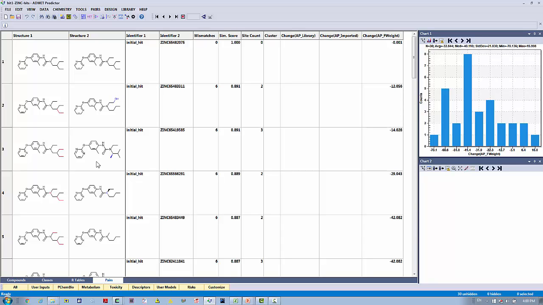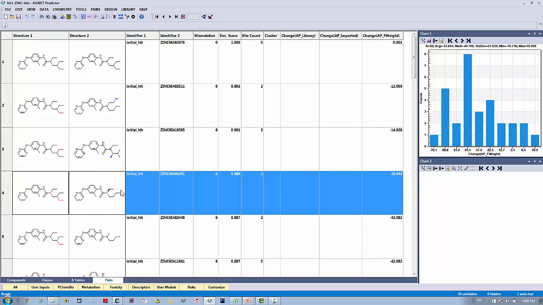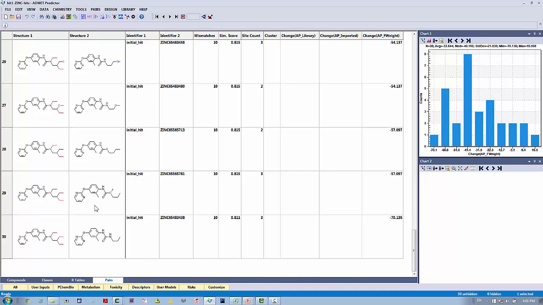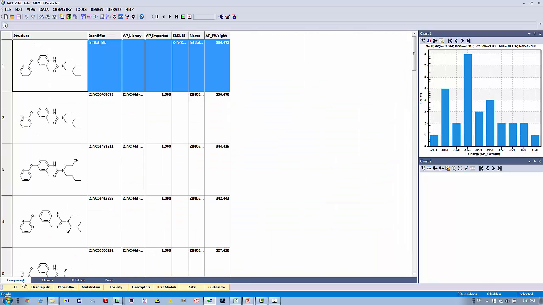So that's kind of interesting. A few of these others do similar modifications. This is one of the modifications we came up with already, so it might be better just to buy that off the shelf. Then if we scroll down a little bit further, you see that various carbons are converted to oxygens, adding methoxy groups, etc. So there are some good ideas that we could just purchase off the shelf and see how they would